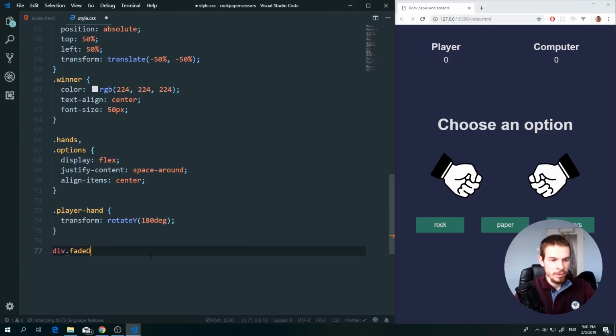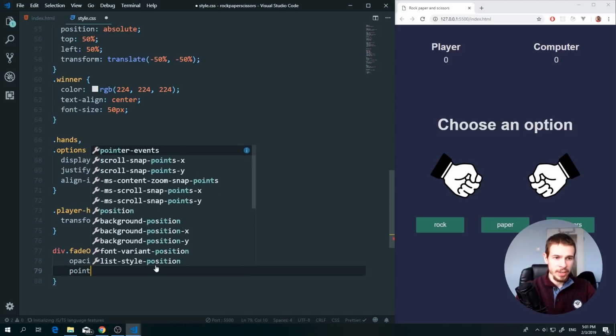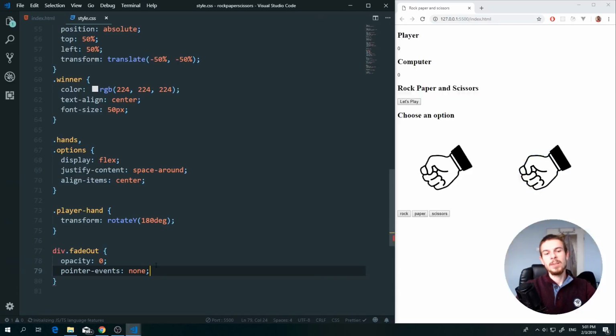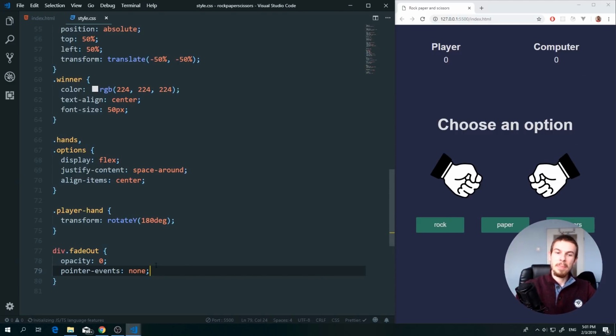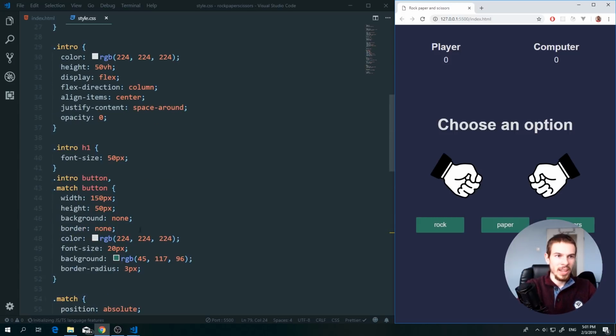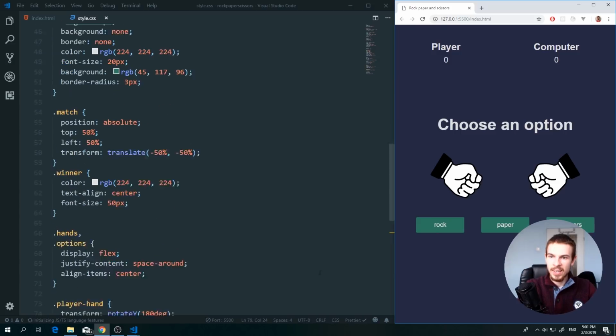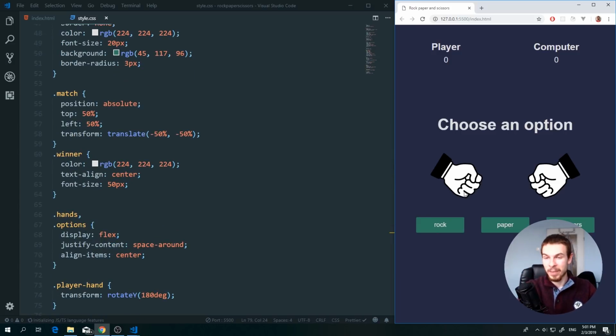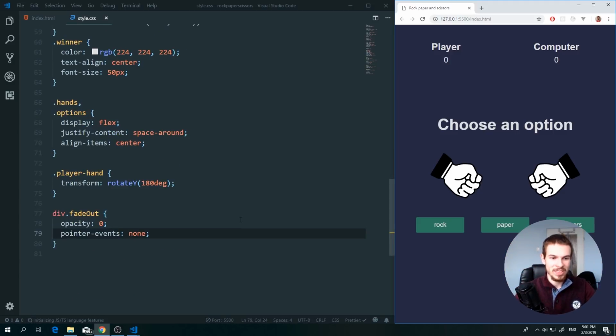So one's going to be fade out. When we fade something out, we want to remove the opacity, and we can do pointer events none. What this basically does is you cannot click on an element. So if we add pointer events none to the whole intro section, we cannot click on the intro section. So if we have the other section coming in, even though this is hidden, because when you add just opacity 0,